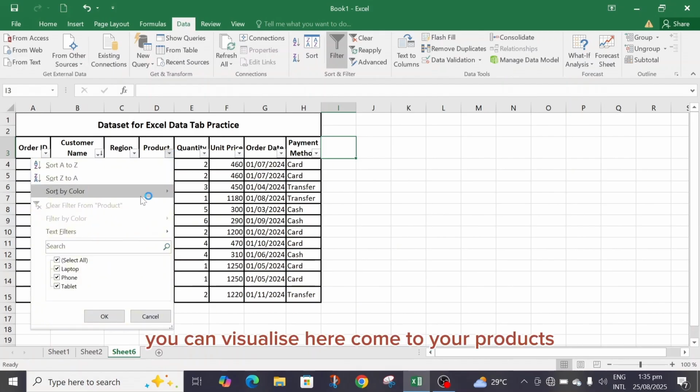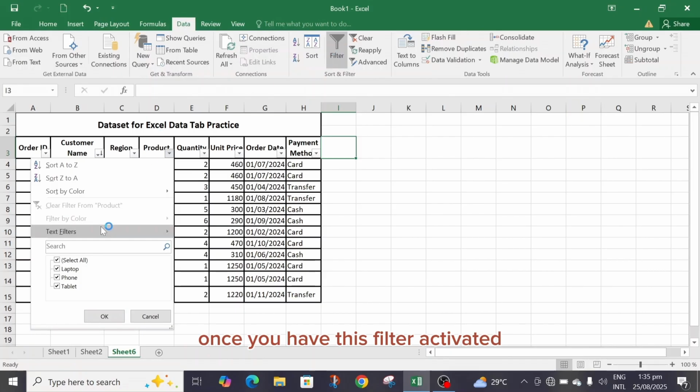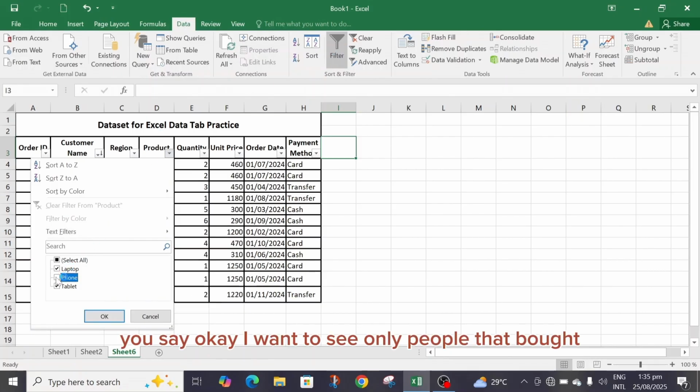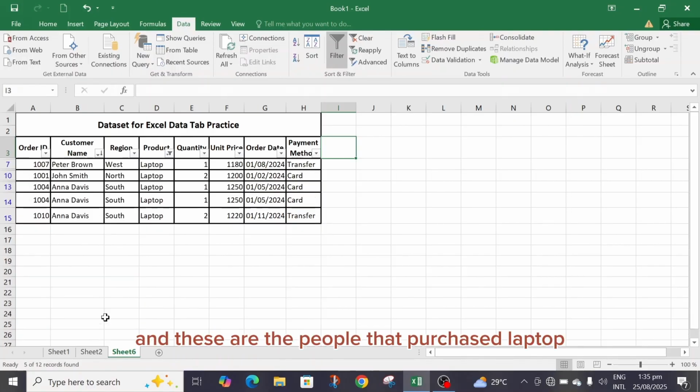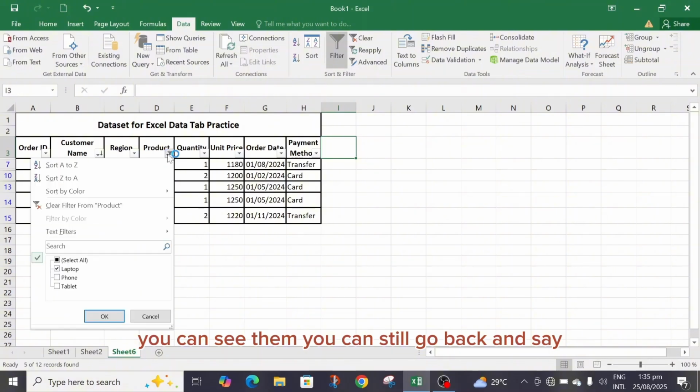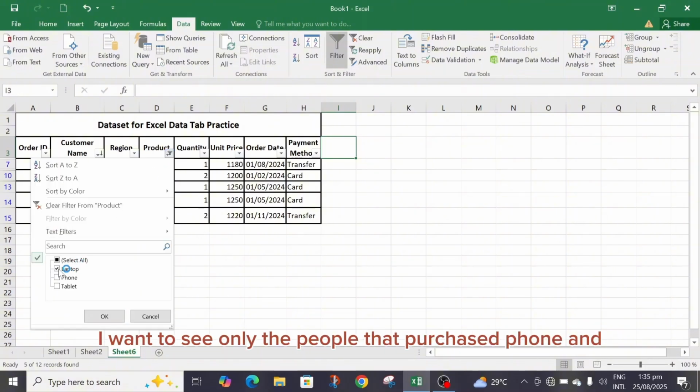So there's no way you will come and be separating them or deleting only tablet, but you can visualize here. You come to your products, once you have this filter activated, you say, okay, I want to see only people that purchased laptop, and these are the people that purchased laptop. You can still go back and say, I want to see only the people that purchased phone